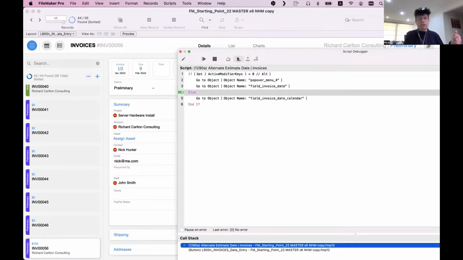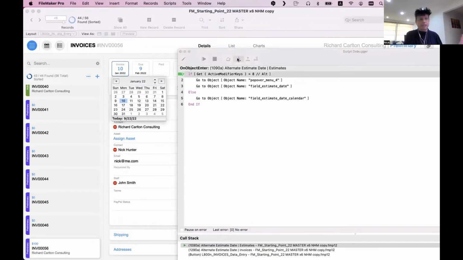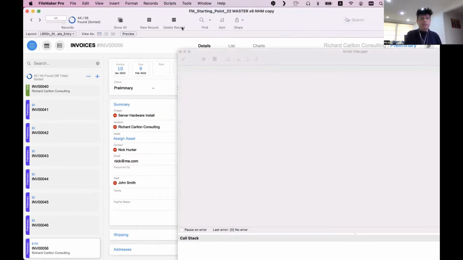So if I don't have the active modifier key, Alt, pressed, I'm going there. So I go to objects and the field. That's it. If I have the modifier pressed,